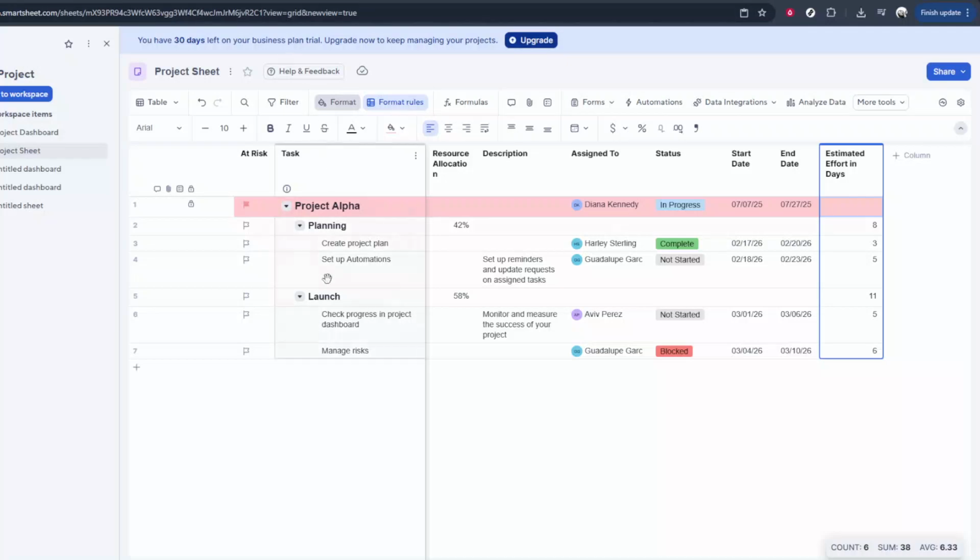In today's video, I'm going to teach you how to manage resource conflicts in Smartsheet. We'll walk through a simple but powerful setup that lets you assign people to tasks in a structured way, which is the foundation for spotting and resolving resource conflicts. Even though the steps are short, I'll explain why each one matters so you can apply this in your own